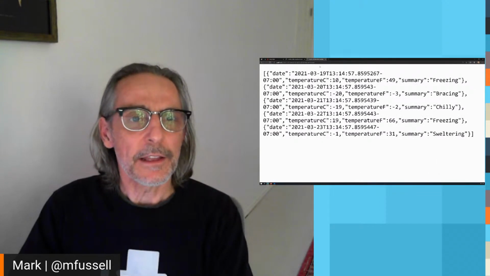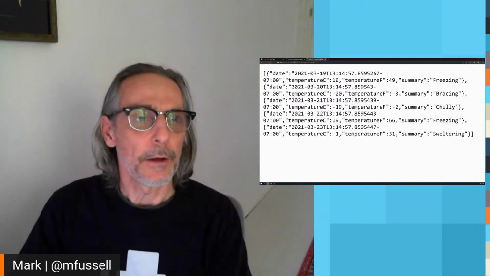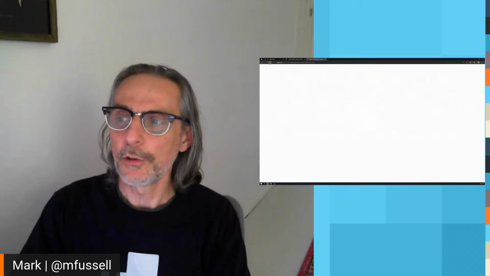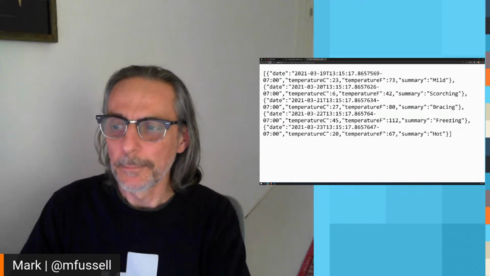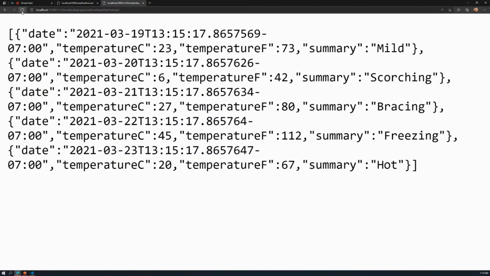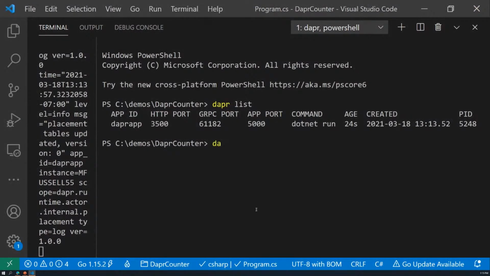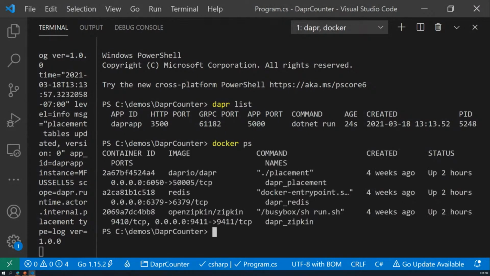So let's take this a little bit further, because now if I just hit this URL a few times, let me show you some of the things I can do. Because I've got Dapr running inside this, I can actually go and look at the diagnostics for all this. So when I set up my local environment, I do docker ps here. One of the things we set up in the environment, we put Zipkin on your machine, and Zipkin will gather all the diagnostics for you and see what's happening inside your application.